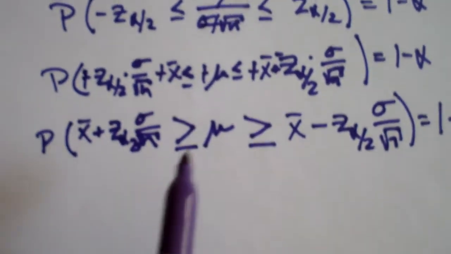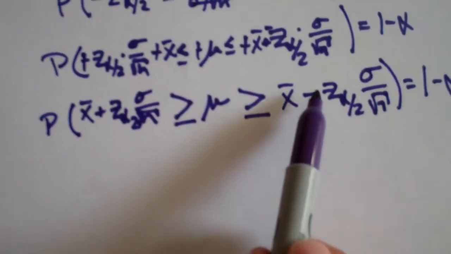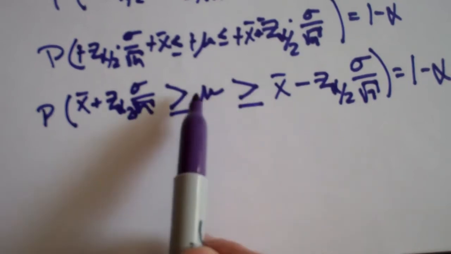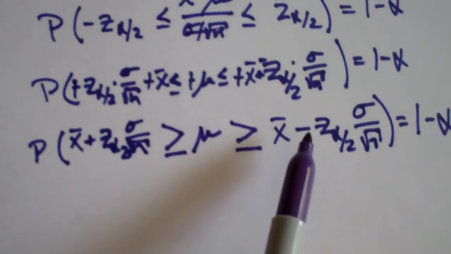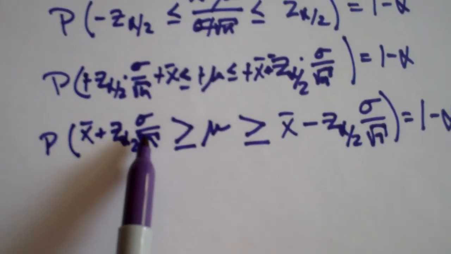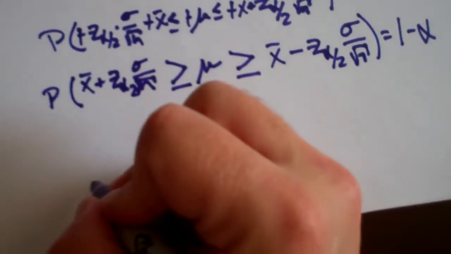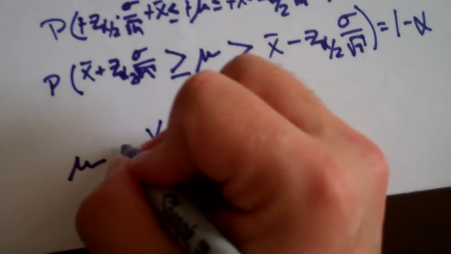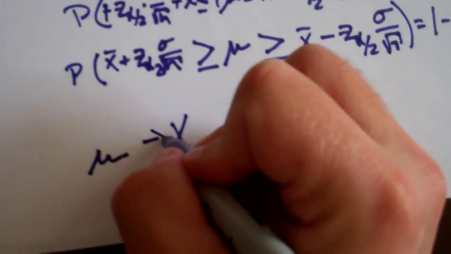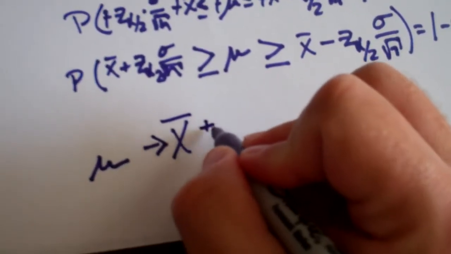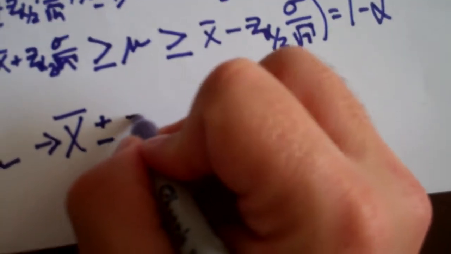And so this is my lower limit, because my signs have turned around. My lower limit is now on the right side, my upper limit is on the left side, and I can generalize this as my limits on mu, the upper and lower confidence limits, are x bar plus and minus a